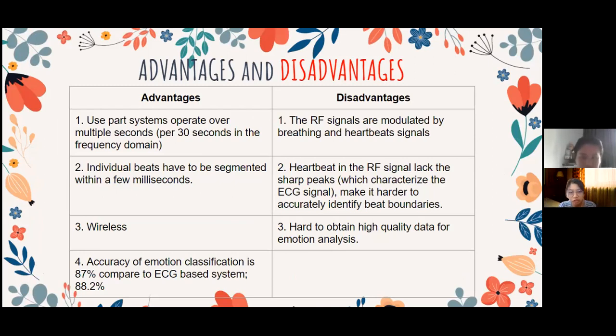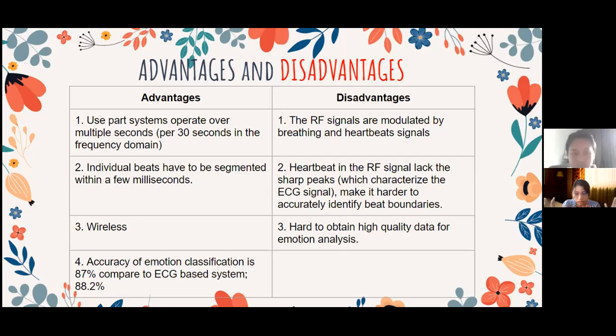The first disadvantage that this device has is that the RF signals are modulated by breathing and heartbeat signals. So the heartbeat and breathing signals are piled up on each other, which makes it difficult to analyze the signals. But the authors already overcame this problem by using a system that operates over multiple seconds. For example, they use 30 seconds in the frequency domain to plot